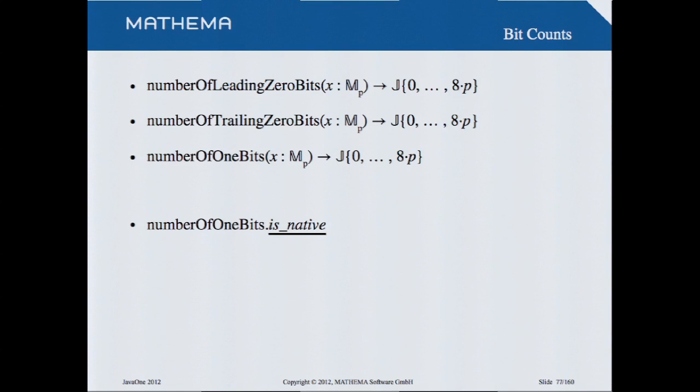So if you use number of 1 bits, then I call the Integer bit count function, and because I know it, this will be translated to a machine instruction, which is very fast. If it's not available, you can test this in one of your preconditions, and then you know in a variant that you don't want to use the bit count because it becomes slower.